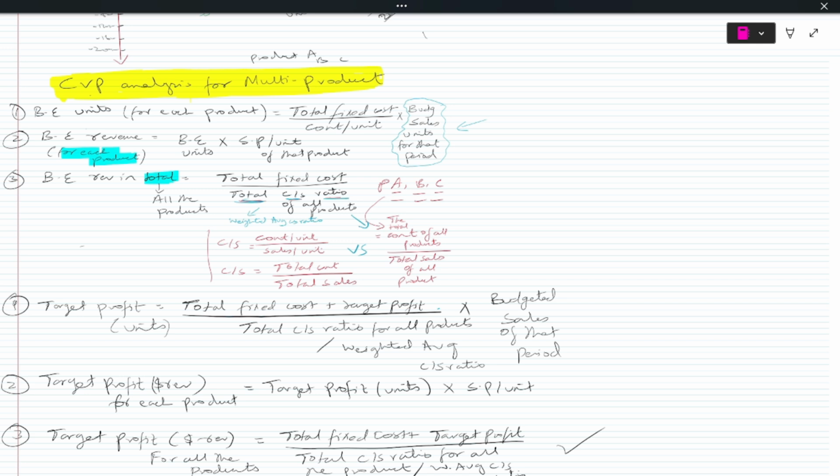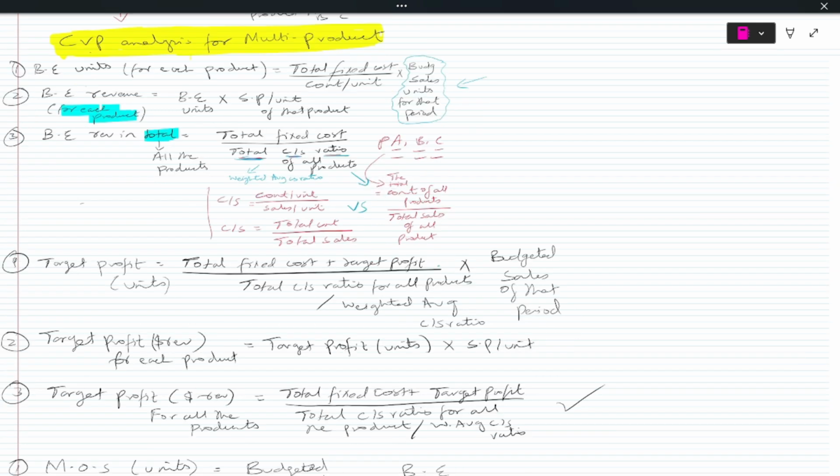So you guys already know what break-even means, what target profit means, what margin of safety means, because I do expect from you guys that you have watched the previous video. So you already know all the concepts, right? And since you know all the concepts, you know all the formulas, you can have a good comparison of how the formulas are different or how they are the same in single product versus multi-product. Okay. So if you have seen the previous video, you can easily do the comparison on your own. As far as I am concerned, I tried to explain the differences in the easiest way possible.